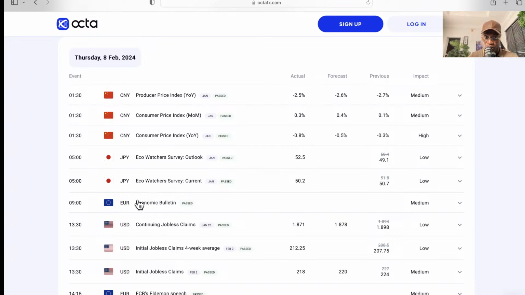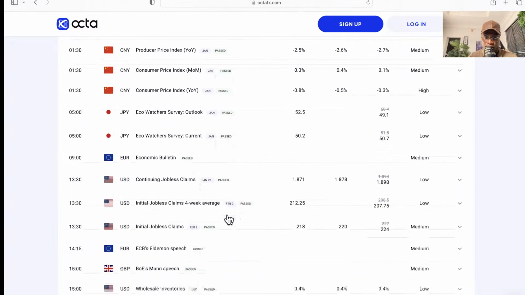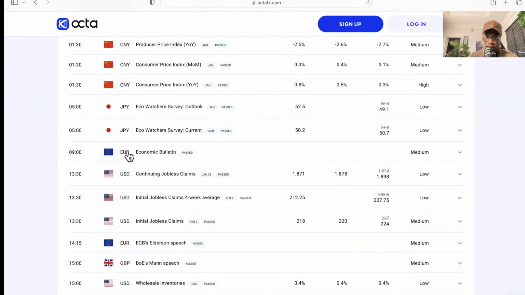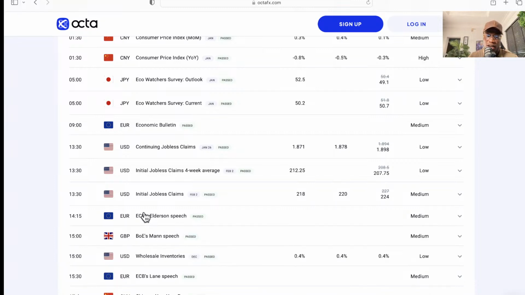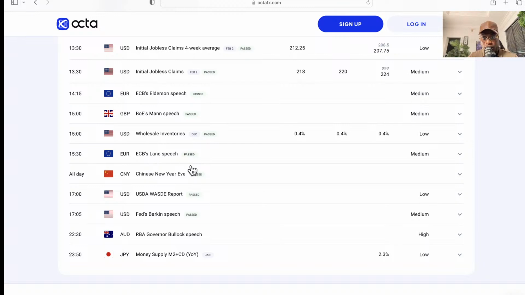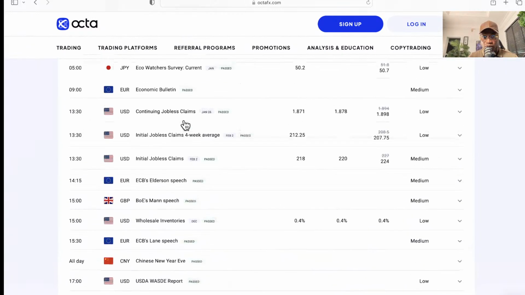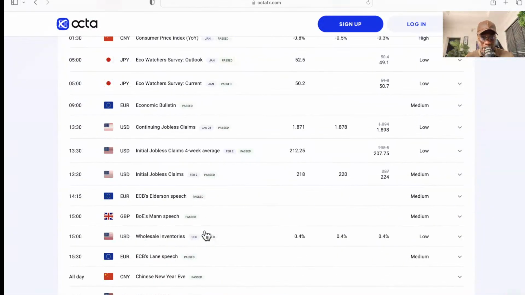Now, Euro sometimes doesn't come from just one particular country, but you can always click to know which country in Europe it's referring to. But generally, the reports would impact the euro. We have America, which is obviously going to impact the US dollar. Again, sometimes most of the speeches would come from the European Central Bank, which would impact the euro as well. And if you look at the reports we have today, we have quite a number of speeches from members of the executive board of the European Central Bank today.